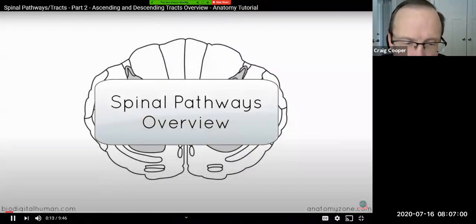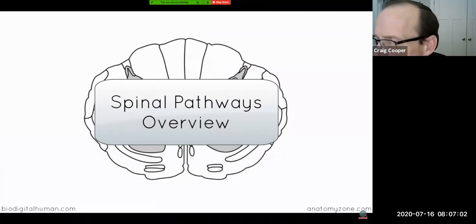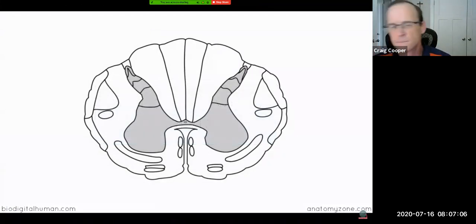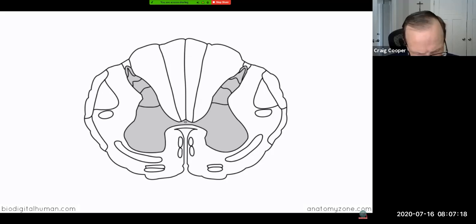Okay, so in this part of the tutorial, what I'd like to do is introduce you to the idea of the different ascending and descending spinal pathways. So hopefully you will have watched the previous parts on the spinal pathways and will understand that the ascending tracts carry sensory information from the periphery to the brain, and the descending tracts carry information from the brain to the